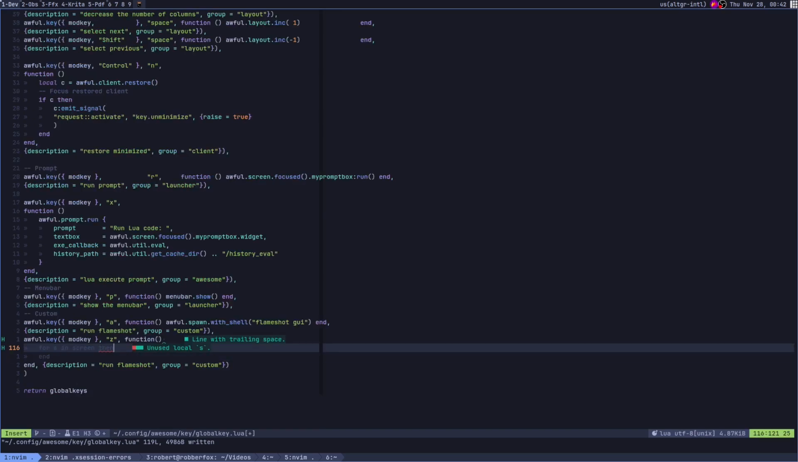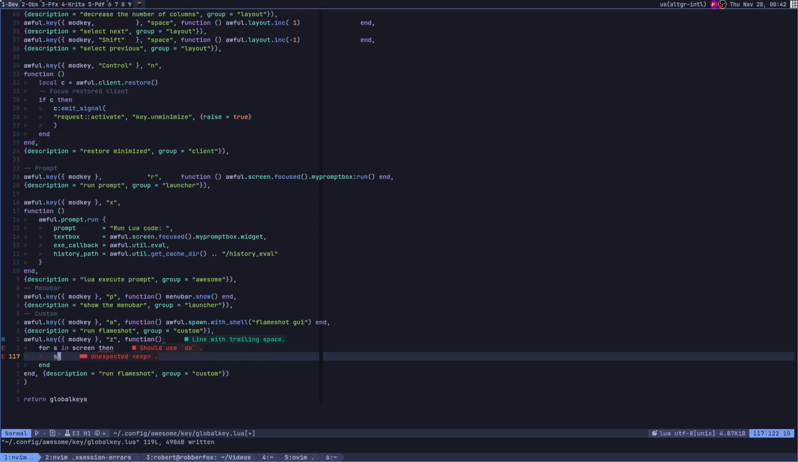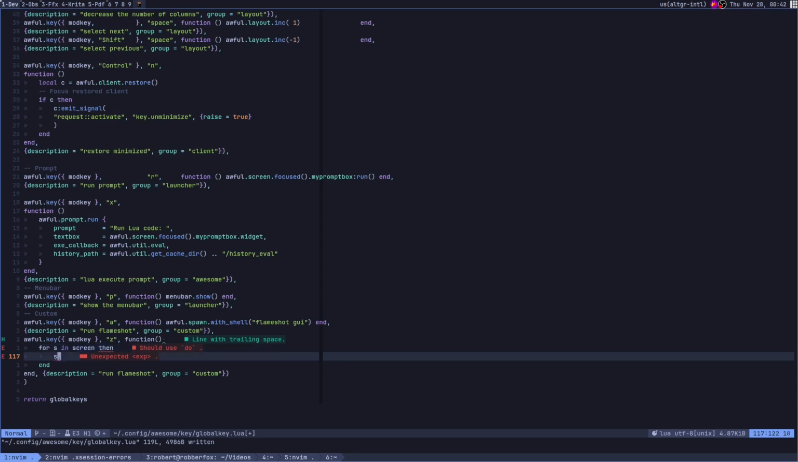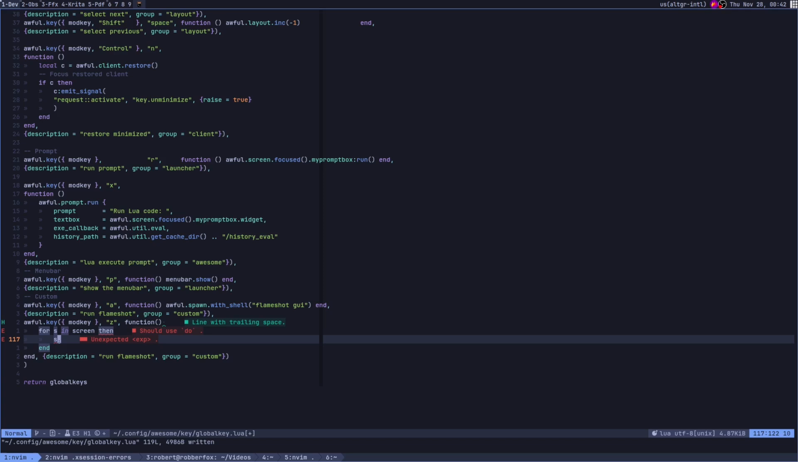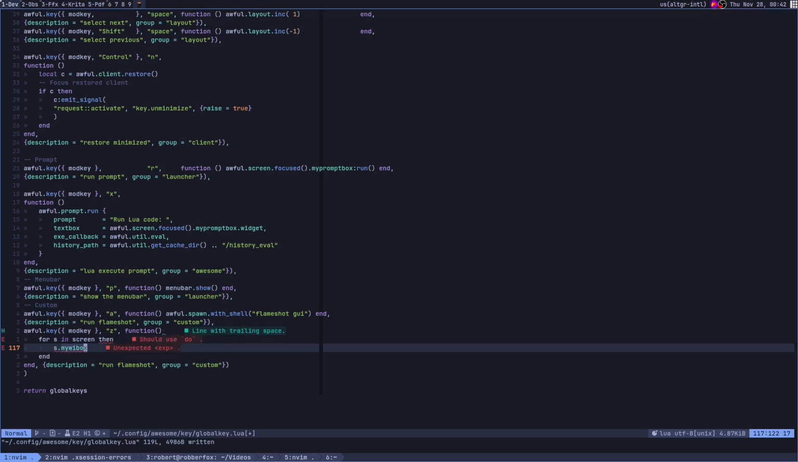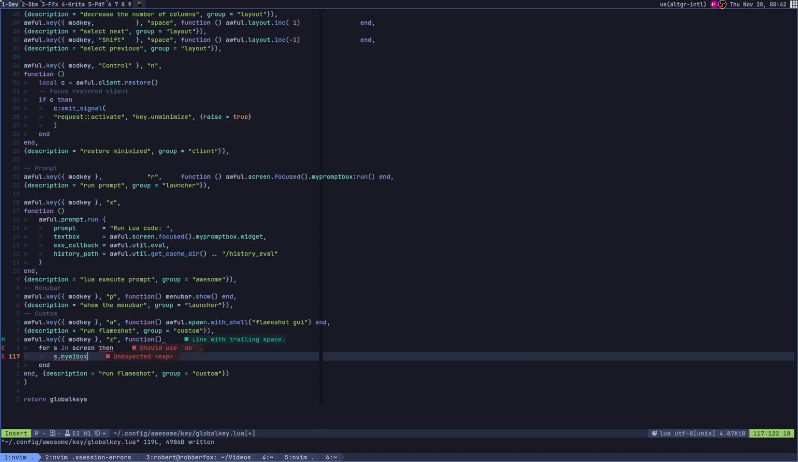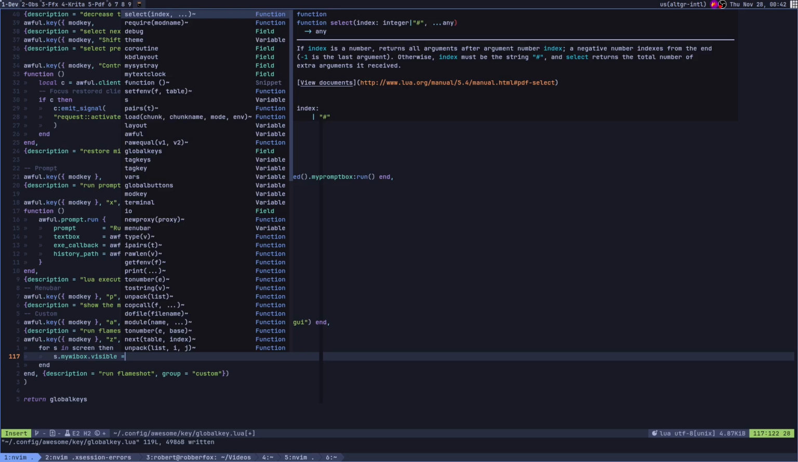As I told you in the beginning, screen is a globally accessible variable. It's some sort of table that can be dumped with the gears debug dump. And I can use it: s.myVBox, basically the same name as here, dot visible equals not